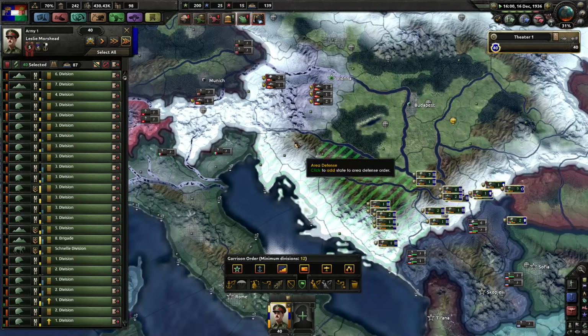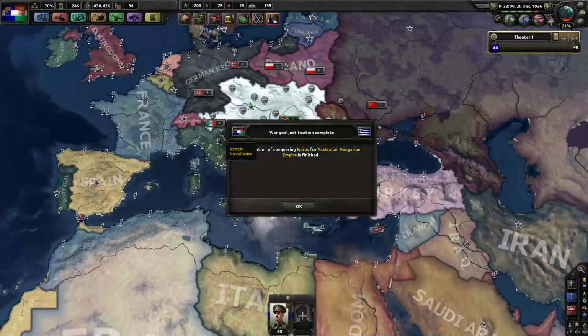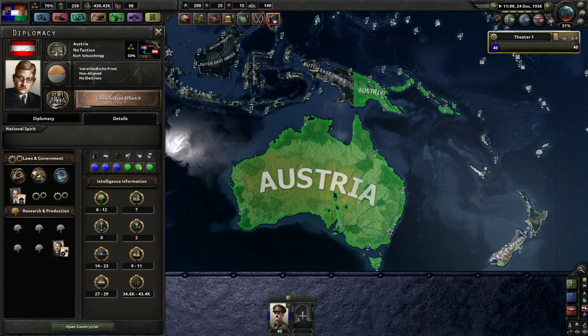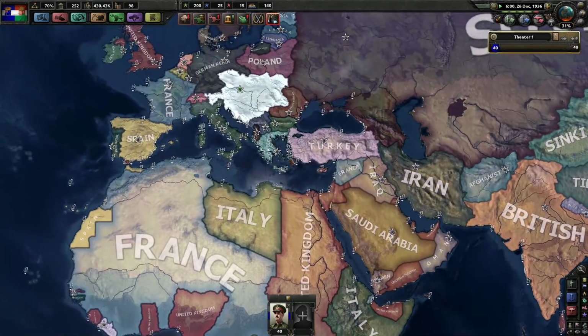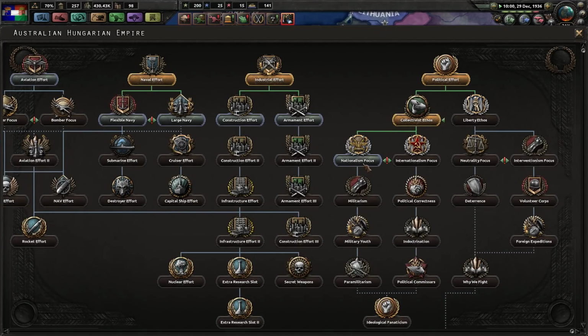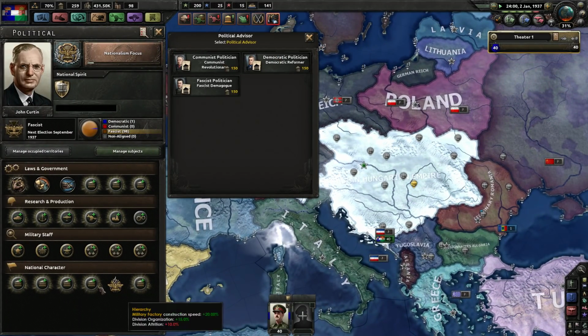Let's go ahead and garrison. Well, I don't know what Austria is doing with their troops there. Look, just Austria. You know, Austria is still going to be annexed by Germany. Well, that will be quite funny. Let's just await that. I guess I'll rush down that path, I don't mind. Austrian government, there's nothing really...